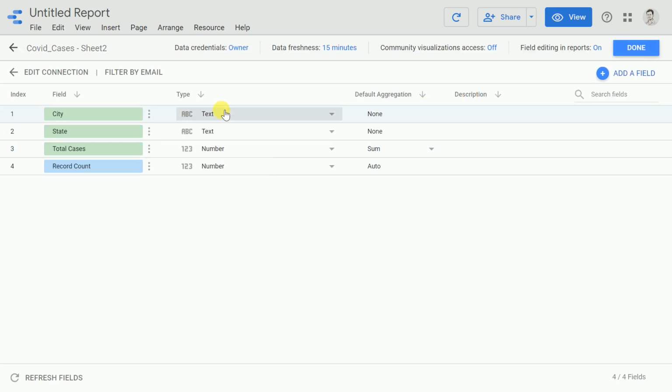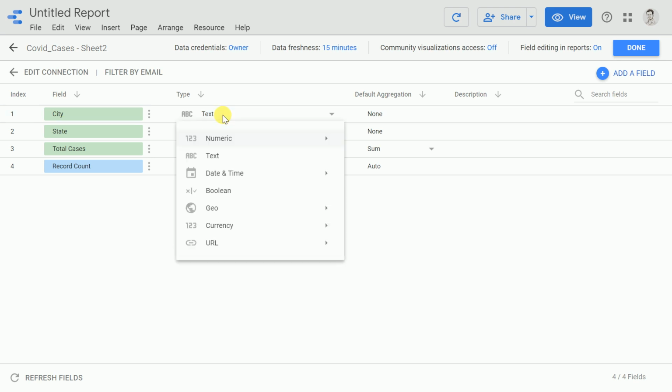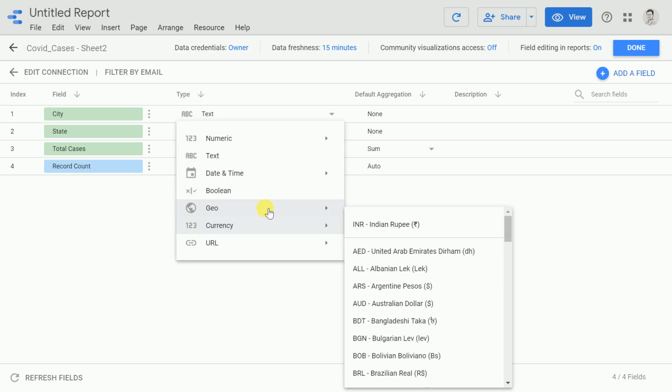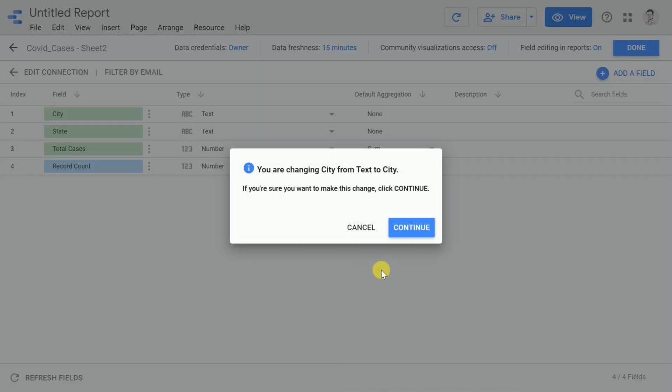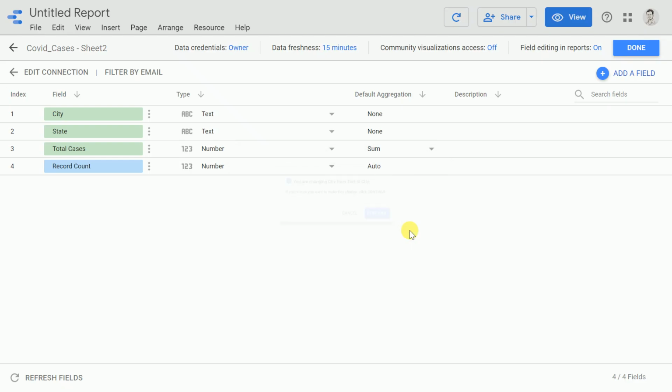And here is where I'll have to modify a lot of things. The first thing that I'll have to modify is I'll have to change the city field from text to an actual city. So the way I would do that is I'll click here. I'll go to geo and I'll click on city. And I'll click on continue.